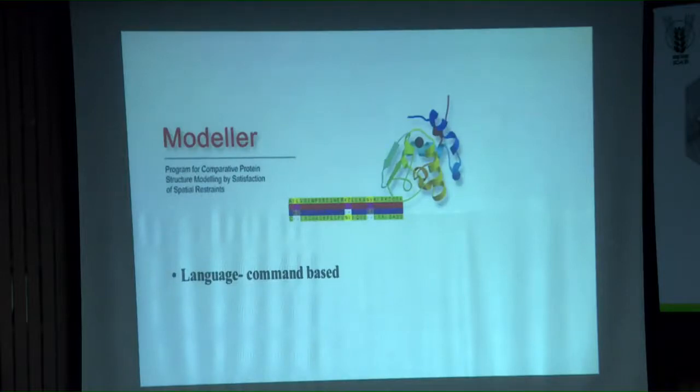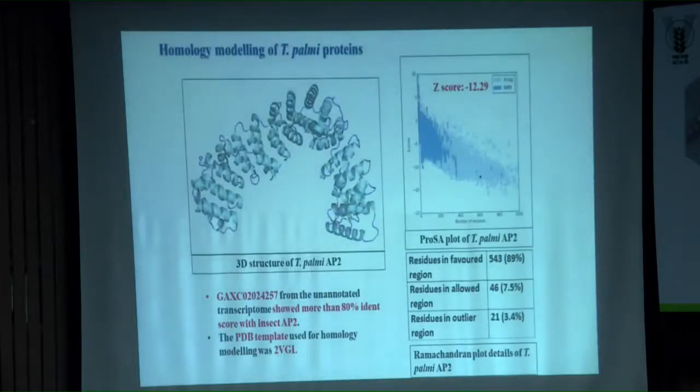So now is the homology modeling. First we tried homology modeling, and we found there are similar types of proteins available in the PDB database. So we need not go for ab initio modeling in the case of Thrips-Pami protein. This is the software we used, that is Modeller. The limitation or difficulty of handling this software is that it is DOS language based. Okay. So every time you have to put in commands, and you have to know which command to use for what function or structure. So that is the limitation of this software.